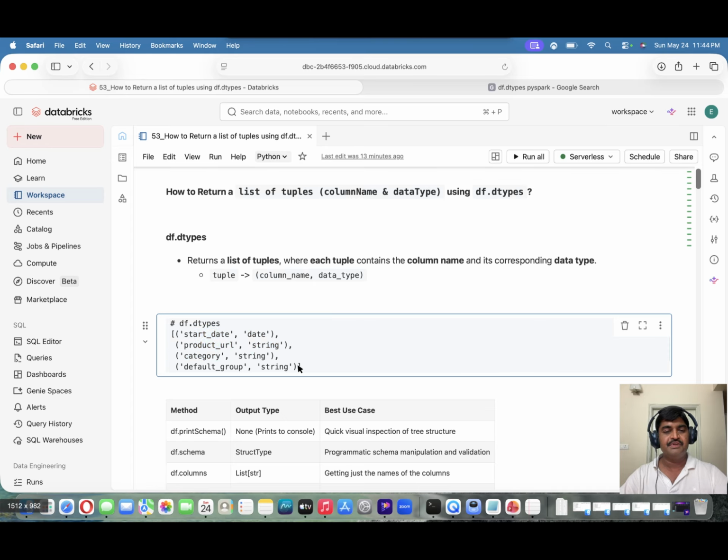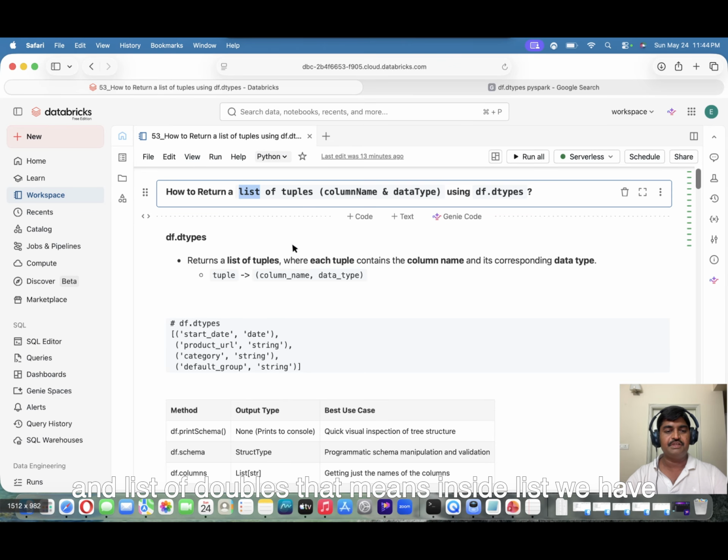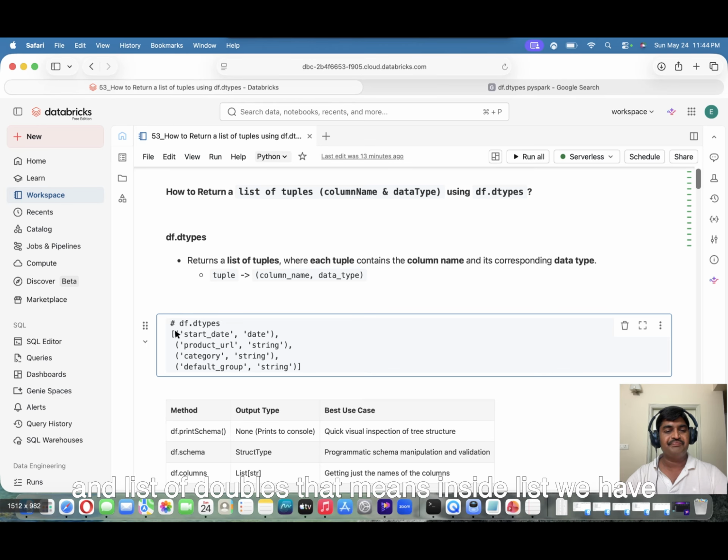So if you see the sample output, if we pass df.dtypes, we'll get output like this. If you observe, it starts and ends with a square bracket, so that means list. That is a list of tuples. That means inside the list, we have multiple tuples. So this is one tuple, and this is one tuple, and this is one tuple, and this is one tuple. Each tuple will have the first value as the column name and the second value as the data type